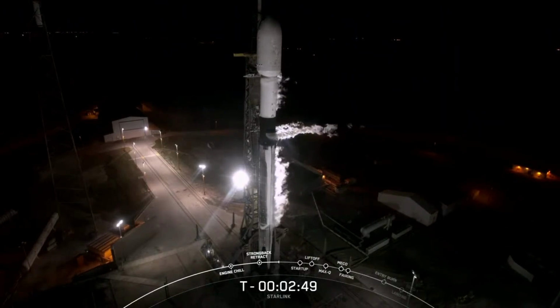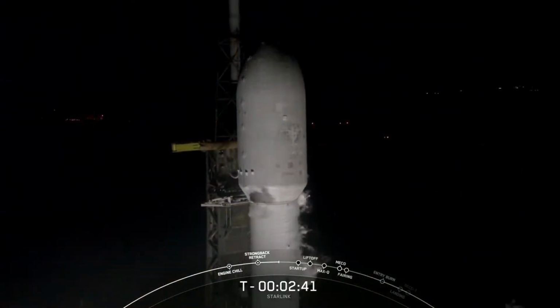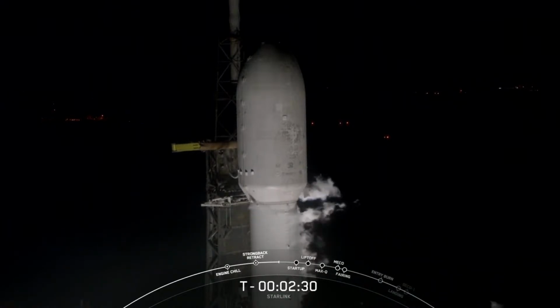Stage 1, LOX load closed out. And there's that call out for first stage LOX load complete. Just inside T-minus 2 seconds, we light the Merlin 1D engines. We use TEA-TEB as our ignition fluid. And when it mixes with oxygen, it burns a green-colored flame. We then allow the fuel into the thrust chamber, and the engine comes up to full power for liftoff at